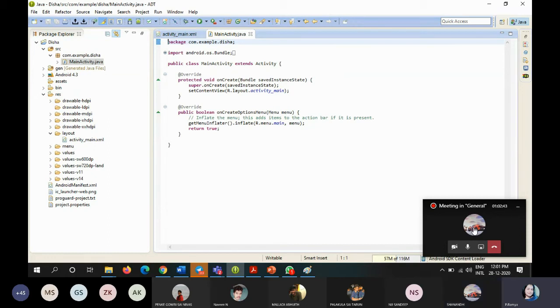Username has one text box, at the same time password has one text box, and under username and password it will show one sign in. Sign in is what type of user interface?